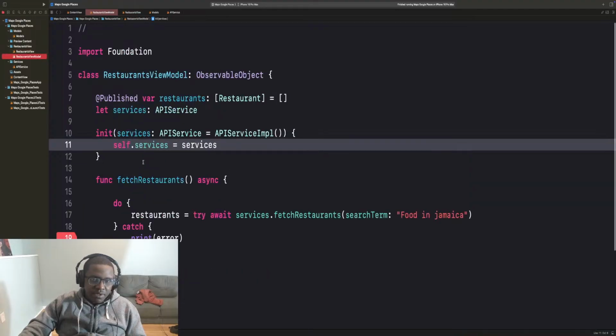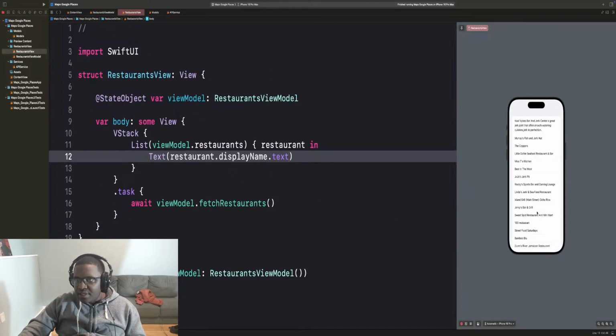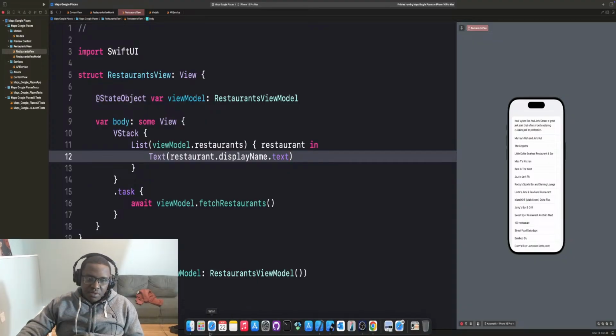I said I wanted food in Jamaica, and it gave me some places that have that name, that refer to that name. What I want to do though is make sure that I only want restaurants. I don't want, say, a party or anything like that. I only want restaurants. So to specify only a certain type of place, we can jump to say our Google